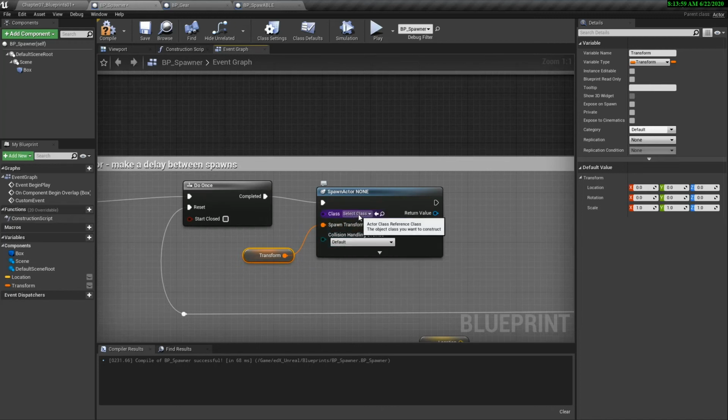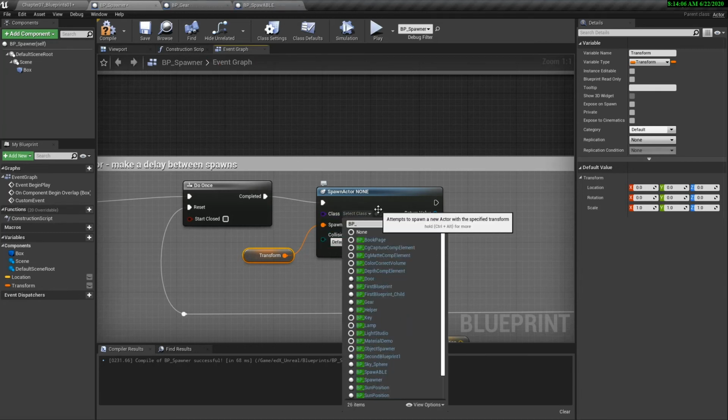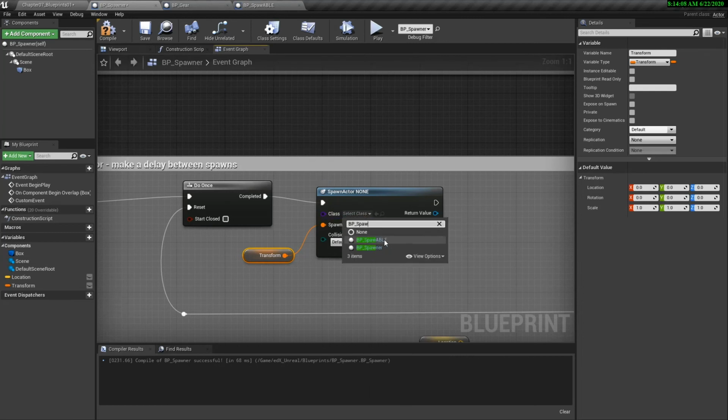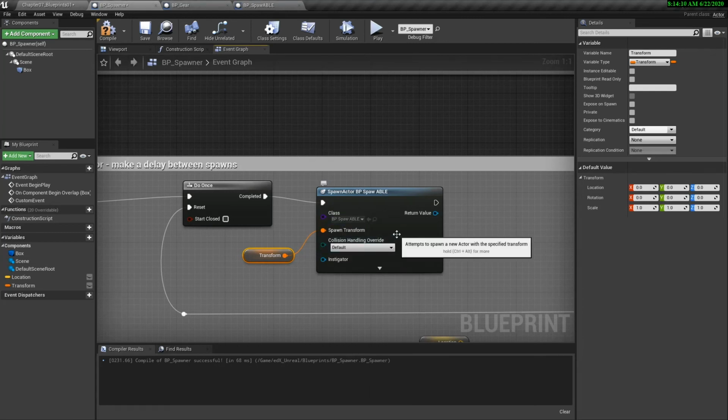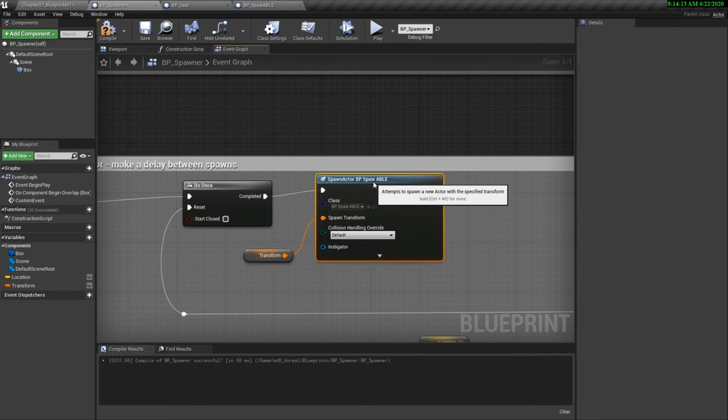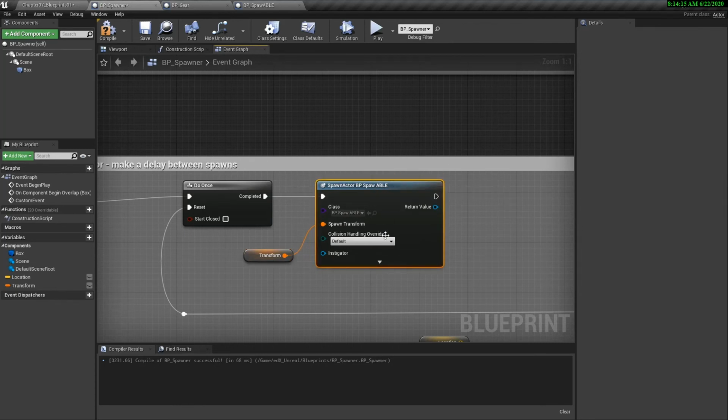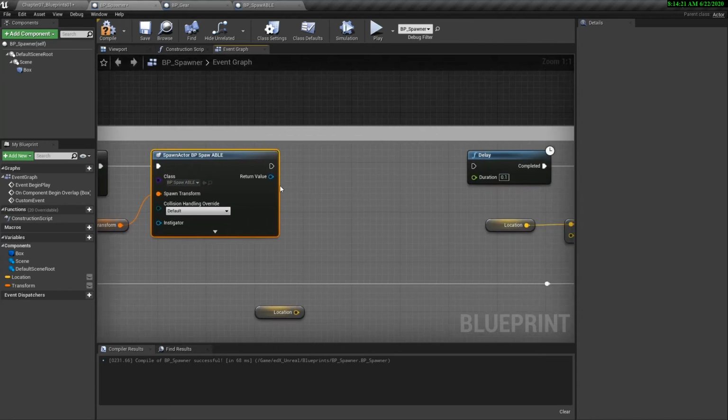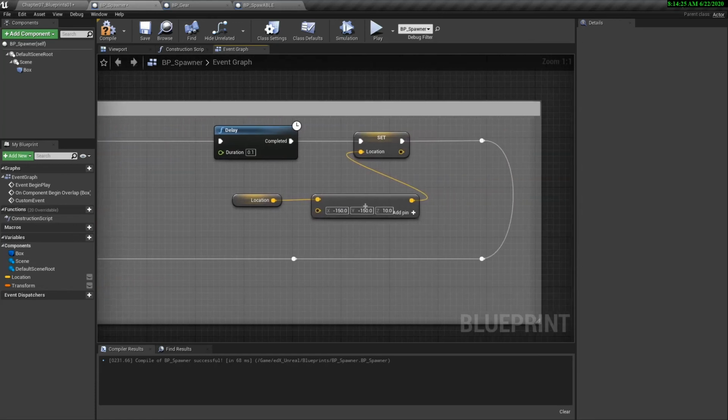Well, we just built a BP spawnable. So let's say BP spawnable. So great. That will work all by itself because the spawnable is its own class. It will generate one. So now we can go right to the delay and we can do the offset.